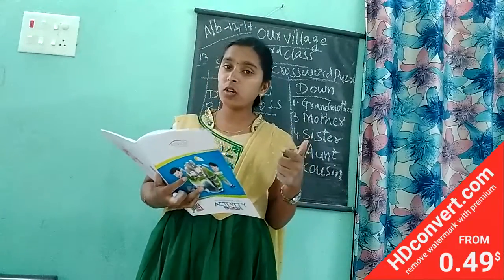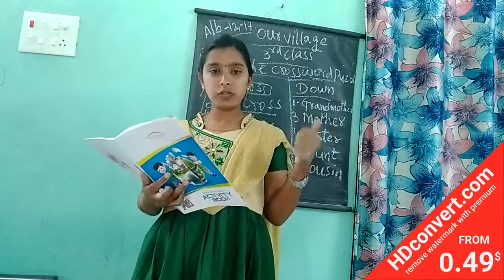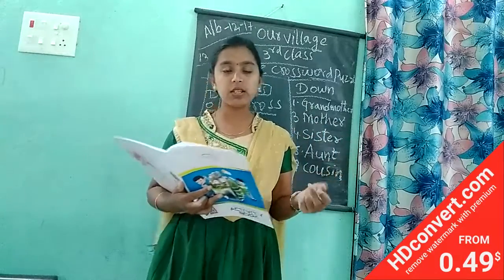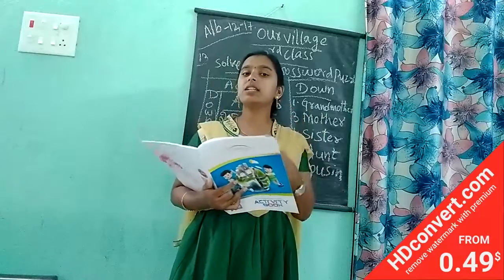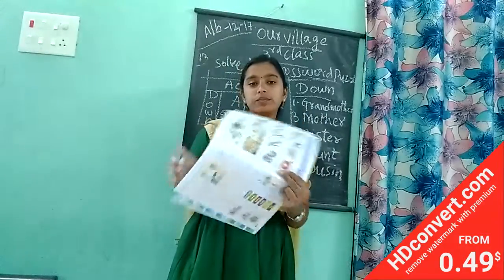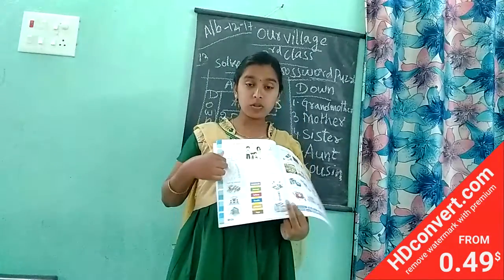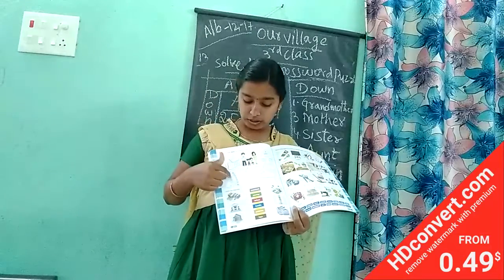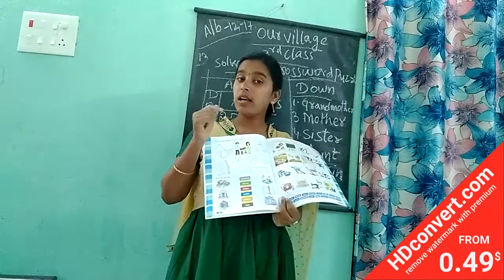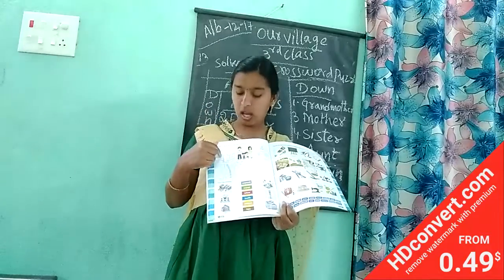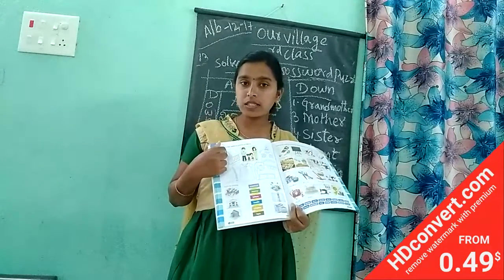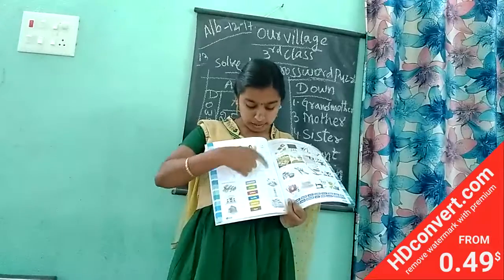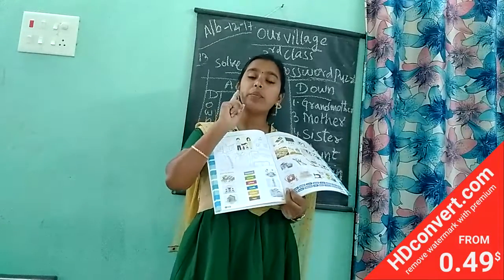Food, clothes, and shelter. Yes or no? Food, clothes, and shelter are our basic needs. Only the basic needs you have to color here. The food you have to color it, the clothes you have to color it, the food, clothes, and shelter. Shelter means house. House gives us a shelter. In all this you have to color only the basic needs.